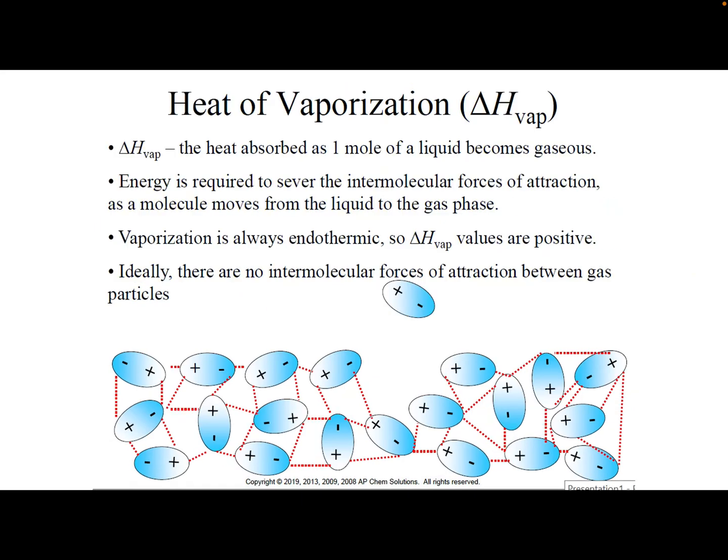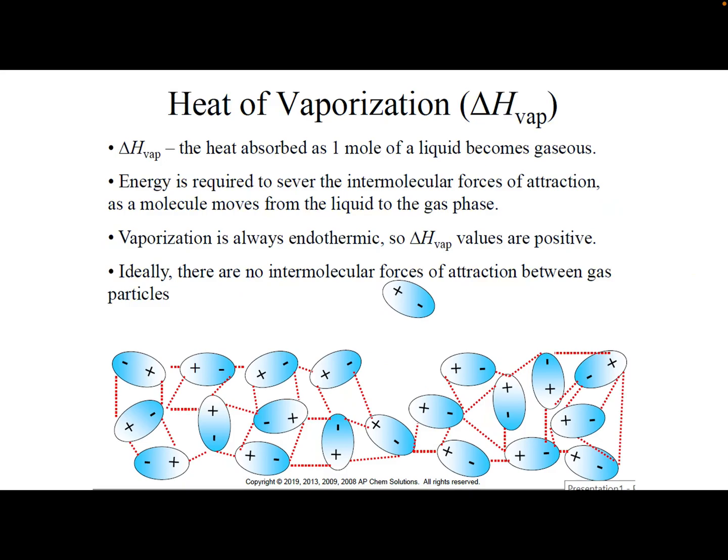And that brings us to the heat of vaporization. Again, we're putting heat into the system, so the heat absorbed as 1 mole of a liquid becomes a gas. In a gas, we generally assume that particles have no intermolecular forces of attraction. But in a liquid, they're still pretty large. And so we're going to have to add heat to the system in order for the molecule to enter the